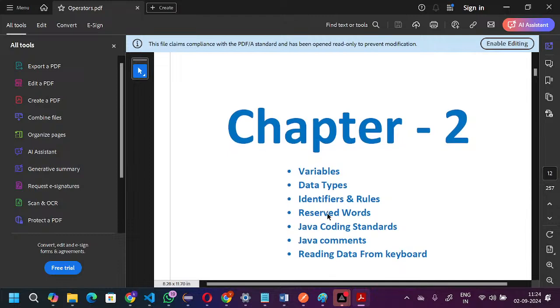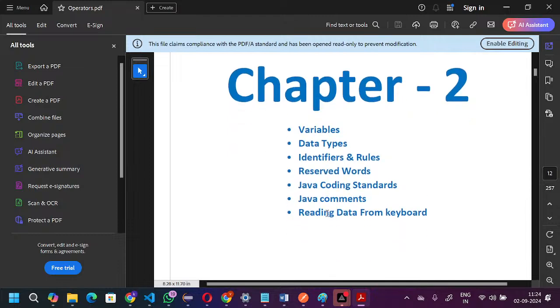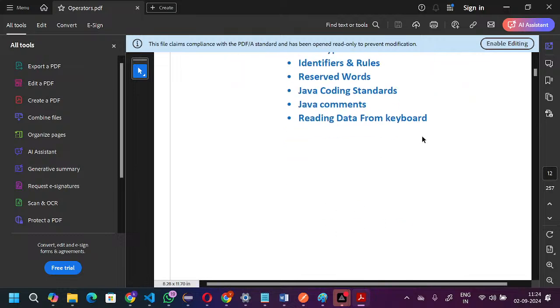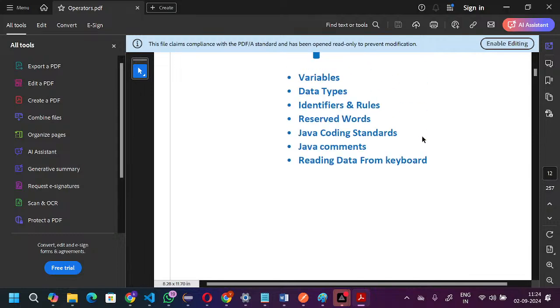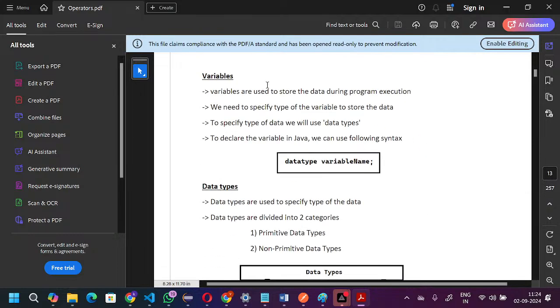If I scroll down, this is chapter 2. In chapter 2, we will discuss variables and data types, identifiers, rules, reserved words, Java coding standards, Java comments, and reading data from the keyboard. Today we are discussing variables. We are not discussing types of variables, only variables. Okay, the variable's main purpose is